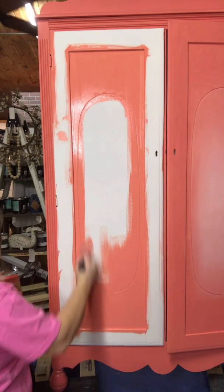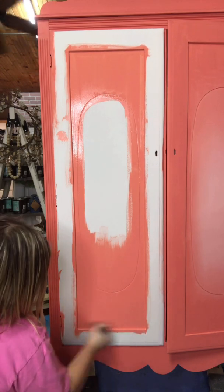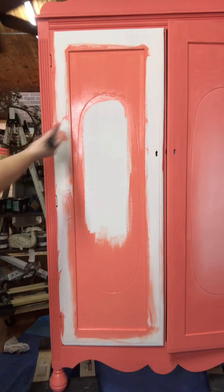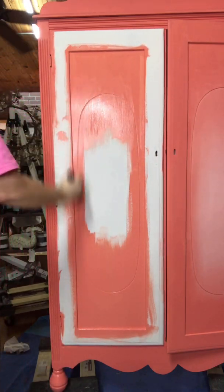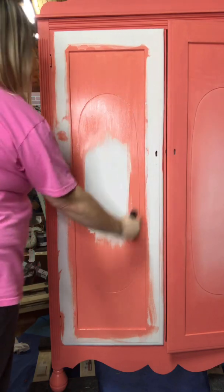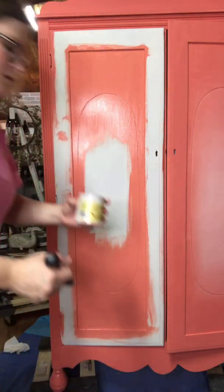And then I did come up a little high here. We don't want it to try to end perfectly here, because the Lord knows that would be too difficult to try to keep it perfect and smooth. So about right there for that, and then we'll bring this down a little bit. Again, remember, your first coat is kind of just where you're getting your layout of where you want your color to be. So next I'm going to pick up the fluff,